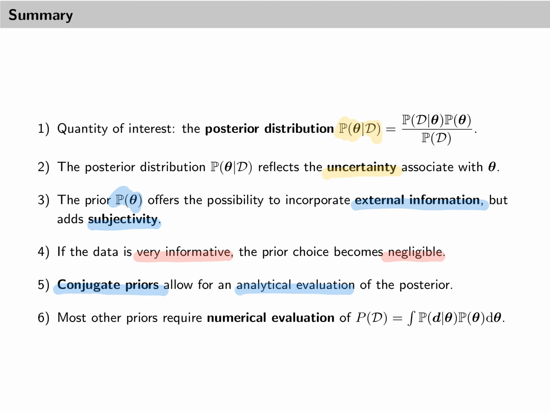For most other priors, we then have to resort to numerical evaluation of the marginal density. That is, we have to solve the integral of the product of likelihood and prior across all parameters numerically. In low-dimensional cases, this may be done with standard tools for numerical integration. In high-dimensional cases, Bayesian statistics usually requires the use of Markov chain Monte Carlo, or MCMC,